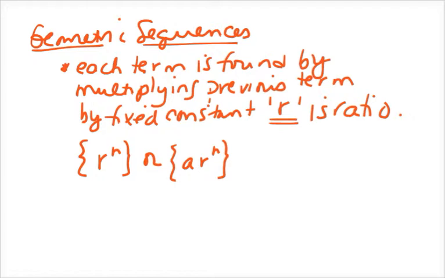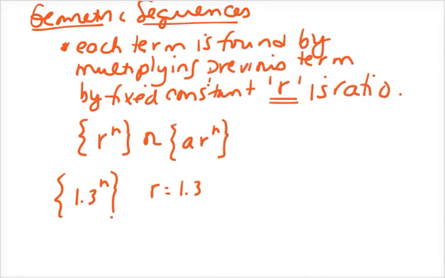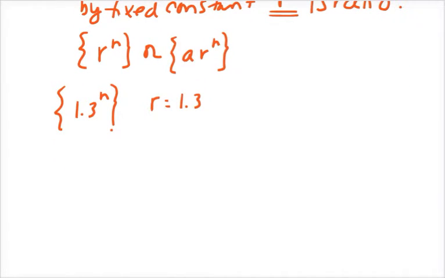So for example, if you have a sequence that looks like this, that would be dubbed a geometric sequence, with r equaling 1.3. Now, the behavior of the sequence, as far as whether it converges or diverges, is going to be solely dependent upon this ratio. So the limit, as n approaches infinity, of the sequence r to the n,